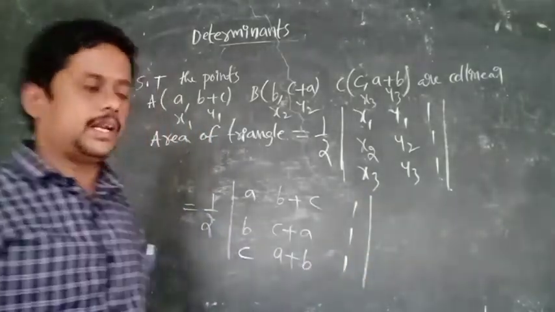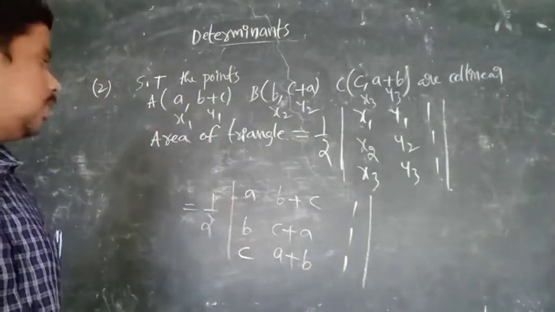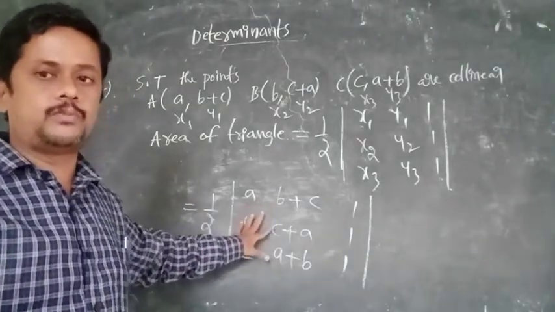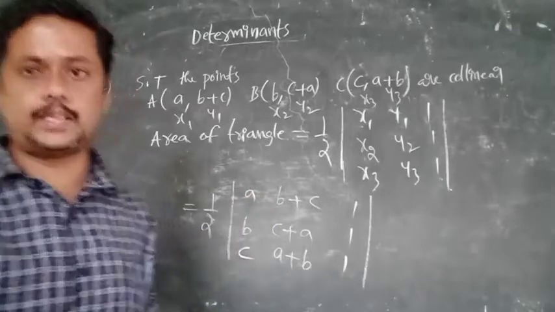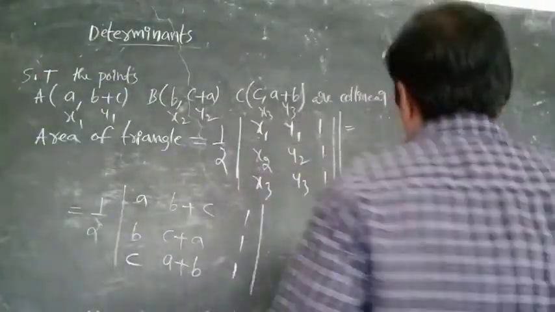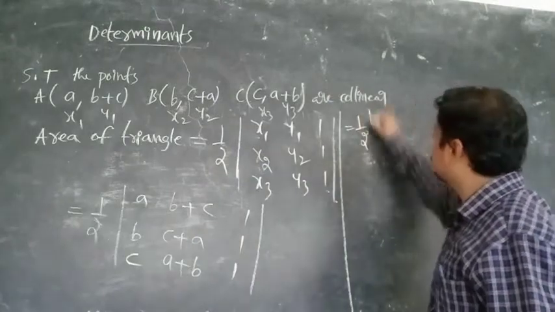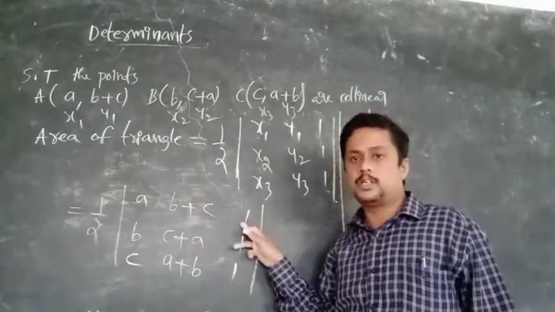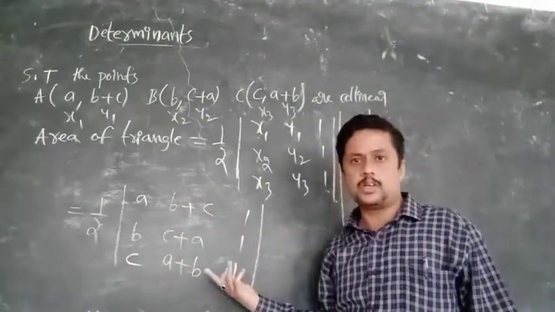Okay, like that first we have to write. So we have to calculate the determinant value equal to 0. Okay, how to do this one? See once again. Half into. So fix the first row, otherwise the first column. First row fixed. A